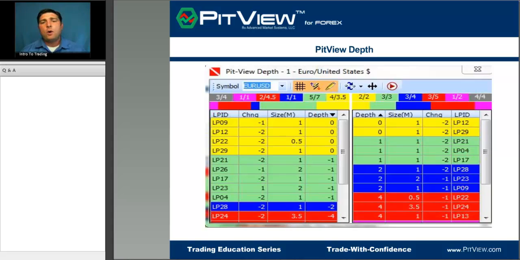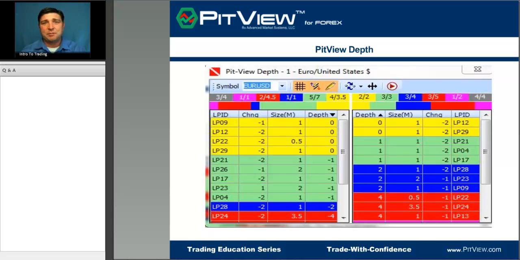What level 2 was, and it was a big deal when technology first came into the market in the mid to late 90s, it kicked off the retail boom of trading. You had what was called level 2 get introduced. Now, what was level 2? Well, the same thing as what PitView depth is giving to you, and this is what a lot of retail